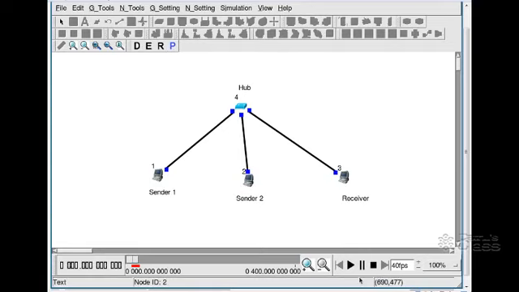So in the playback mode, hit the play button in order to view the packet transmission from the sender to hub, sender to hub, and finally from hub to the receiver. So I'm playing back. See here, the red lines, blue lines are mainly used to represent data transmission. Sometimes an X mark will be appearing. It represents the packet drop or collision in the links.